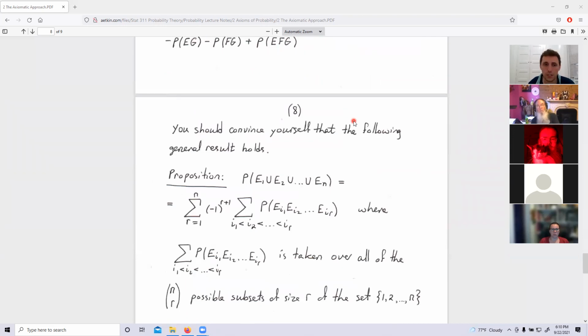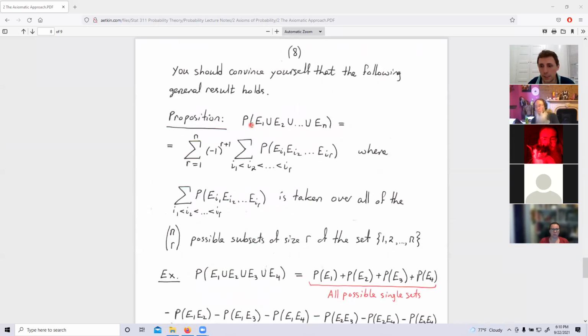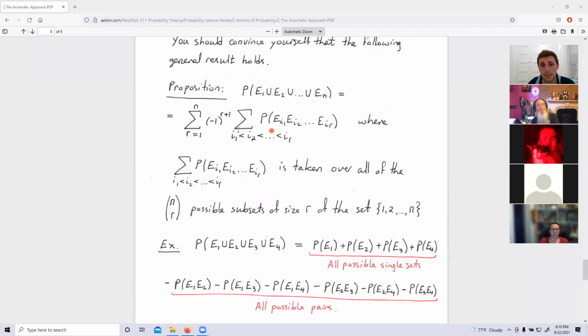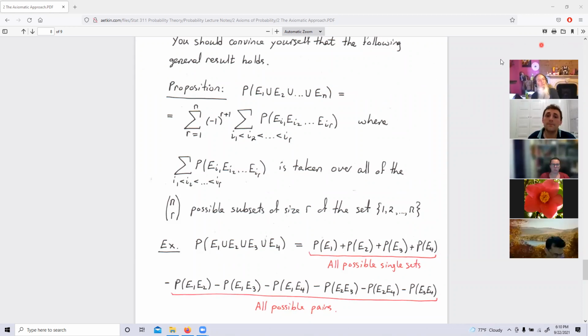And this is that formula over here, guys. Probability of E1 union E2 all the way to En is written as this summation. And so that you're not scared by the summation, I'll tell you what it means. It means add up all the single events, the probability of every single event, subtract the probability of every pairing, then add the probability of every possible triple, then subtract the probability of any combination of four, and onwards until you have gathered everything.